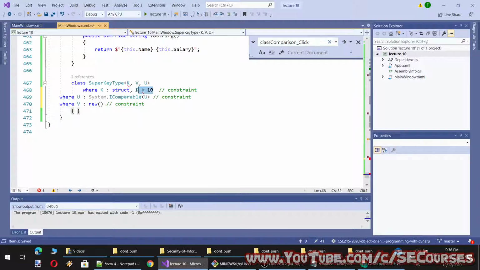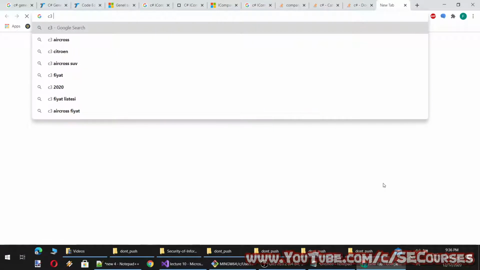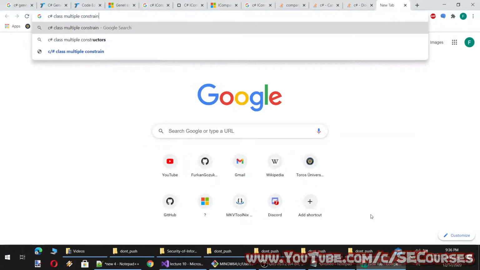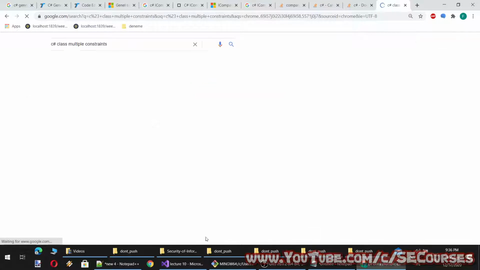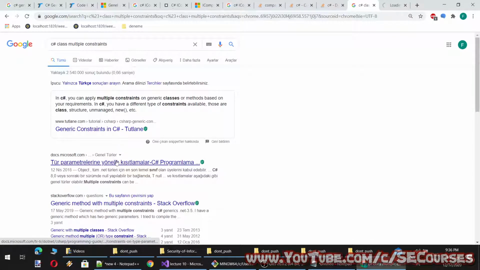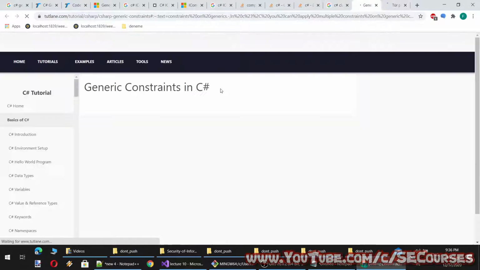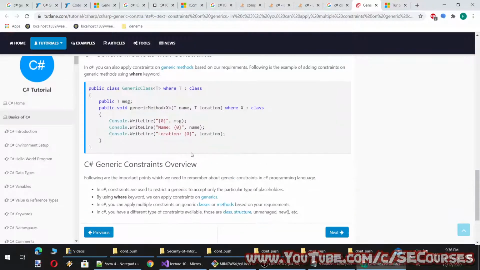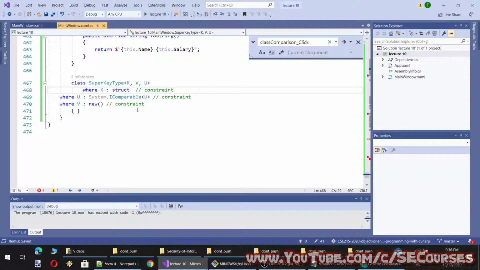Okay, no. So we can define multiple constraints, I suppose.